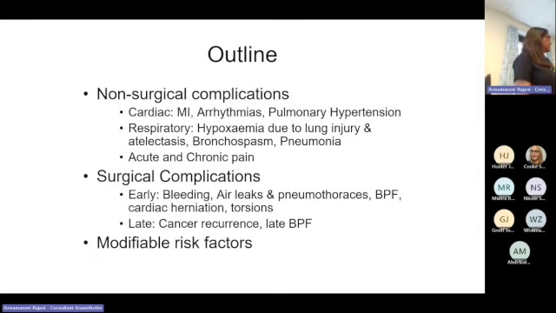You could have a little bit of pulmonary hypertension creeping in, so you could have a bit of hypoxia because of that. It also depends on the amount of lung you've taken out. These days you don't see significant post-op hypoxia because you do a lot of wedge resections, whereas in the past we used to do more extensive resections. Even if it is a small tumor, patients would more likely have had a lobectomy. Pneumonectomies are quite few and far in between these days. So it depends upon the extent of surgery as well